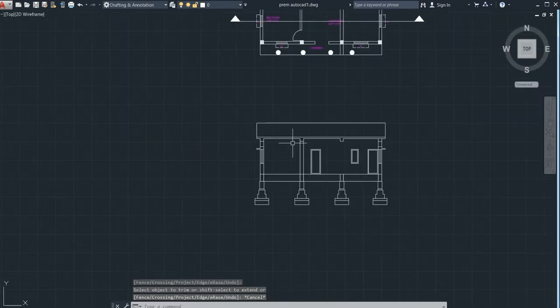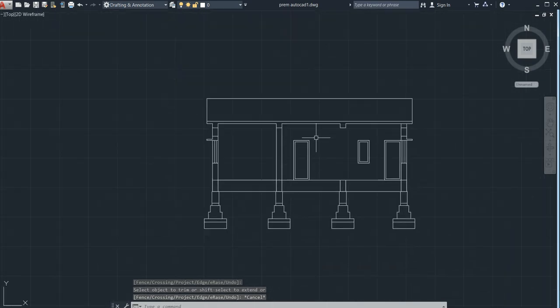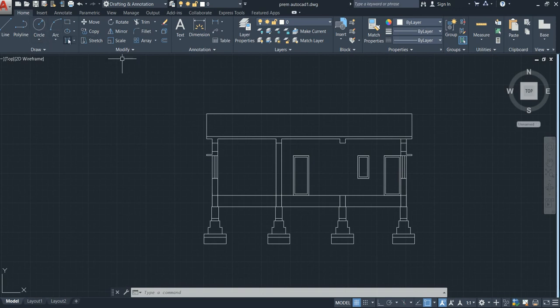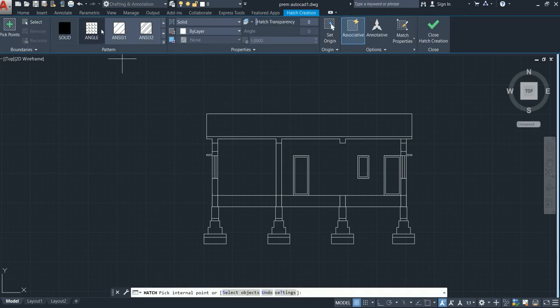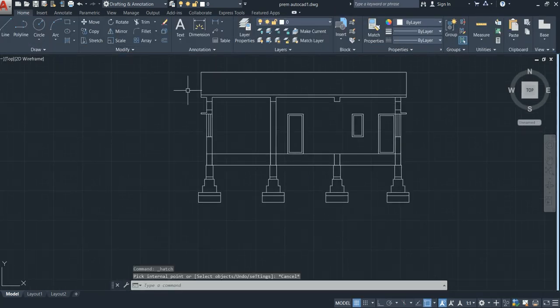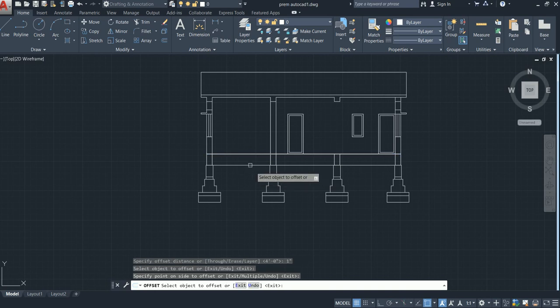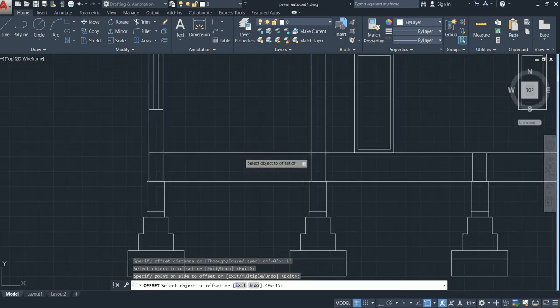I need to provide some chhaja. Chhaja means some hatching. Go with the hatch. Before going to hatch, go for the offset command of 1 foot, 1 inch for marble thickness. After marble, go for 4 inches of flooring thickness.